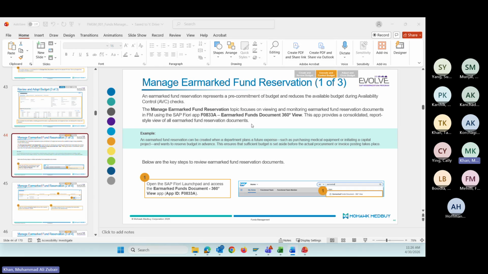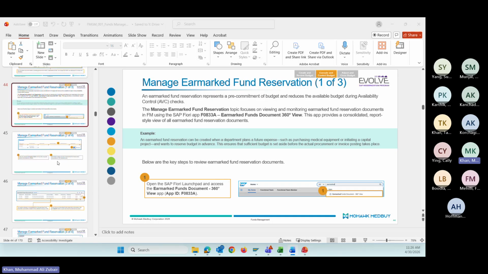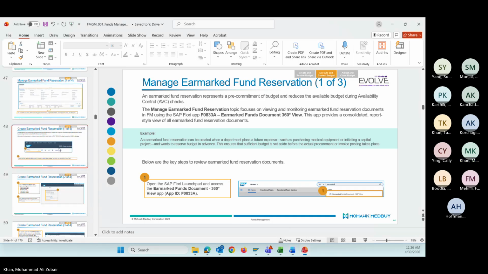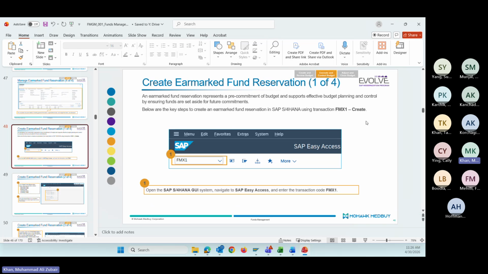So this is the Fiori app, will come later on. First we create the earmark, then we'll start this thing. So to create it's